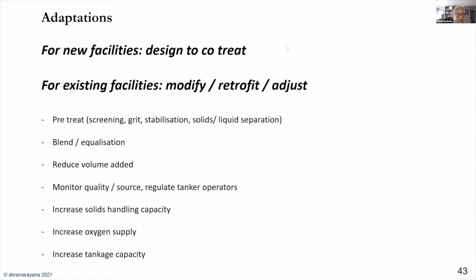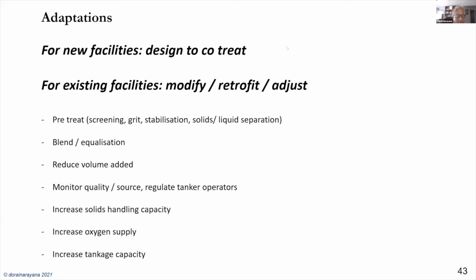What is the pre-treatment we need to put in? Whether you need to have an equalization, you need to regulate the tanker operators and monitor quality, increase the solid handling capacity in your sewage treatment plant, increase oxygen supply, and so on. Here, I am going to stop, but this is to decide on the existing sewage facilities, how can we carry out co-treatment, what kind of impacts can we expect, what kind of risk can we expect, and to give some indication of what we could do to mitigate those and still carry out co-treatment. That is the purpose of the co-treatment worksheet tool, which will be demonstrated after this by my partners,